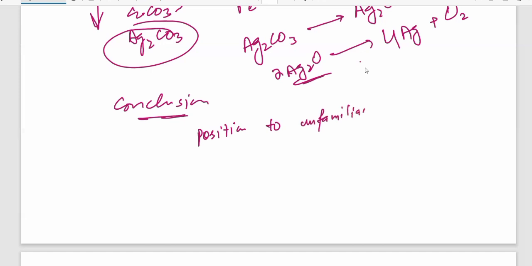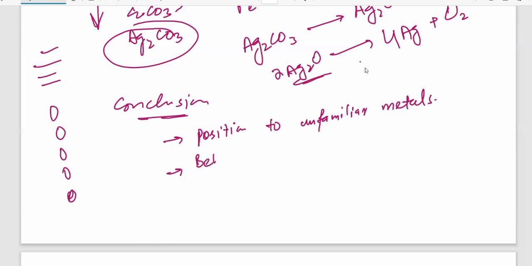If you're not familiar with any metal, so by its reactivity you can give its position. मुख्तलिफ मेटल्स हैं आपके पास, X, Y, Z, बहुत सारे मेटल्स हैं, उनको आप रिएक्शन कराएं, तो जिसकी रिएक्टिविटी ज़्यादा है उसको टॉप पर रखें, उससे कम है तो उसको नीचे रखें, पहले से भी ज़्यादा है तो उसको ऊपर रखें। So by arranging on the basis of their activity you can arrange them, ठीक है। And in this way you can predict the behavior of metals by using the reactivity series, okay. This is all about the reactivity series. In next lecture we'll study the extraction of metals, okay.